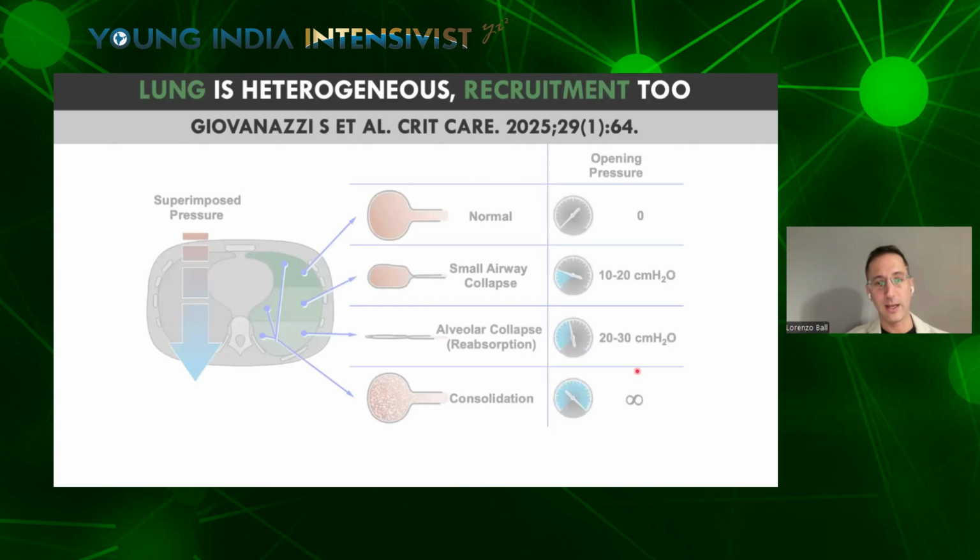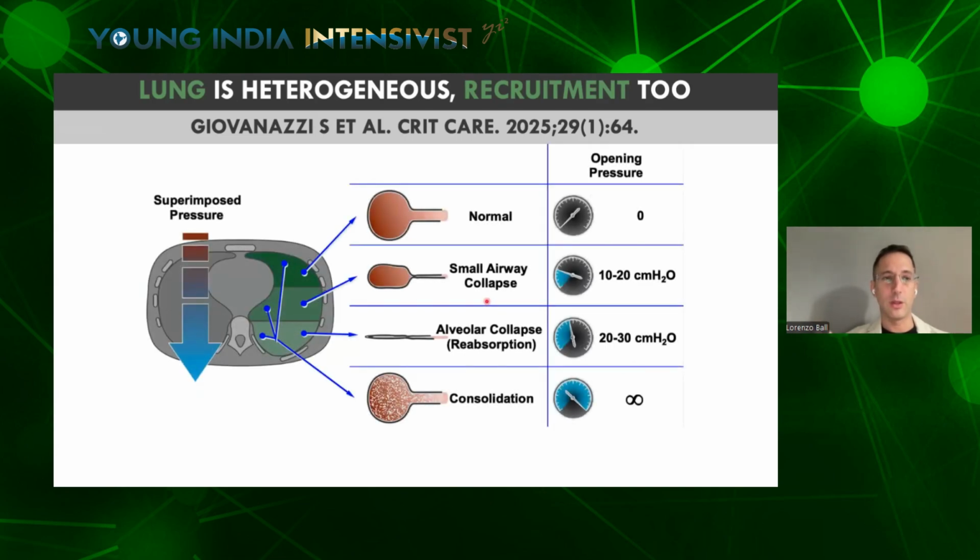And of course, we have to think about the fact that we ventilate the patient through one single tube. But when we use imaging techniques, we get information on how ventilation is distributed regionally inside the lungs. If we inspect the lung from the ventral to the dorsal region, we will have areas of normal aeration in which I need nearly no pressure to open them. I will have intermediate regions with a small airway collapse and other mechanisms leading to an opening pressure around 10 or 20 centimeters of water. I will have regions of complete alveolar collapse, necessitating pressures up to 30 centimeters of water.